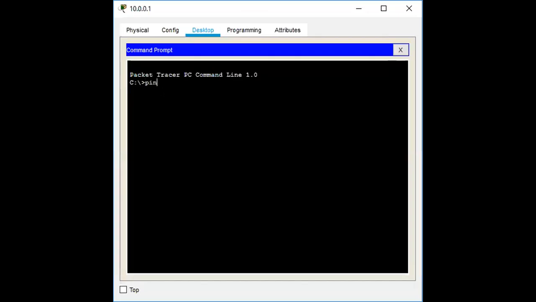Here you have to type ping 20.0.0.1. Hit enter and you will get 100% loss. 100% loss means you have successfully constructed the virtual LAN.